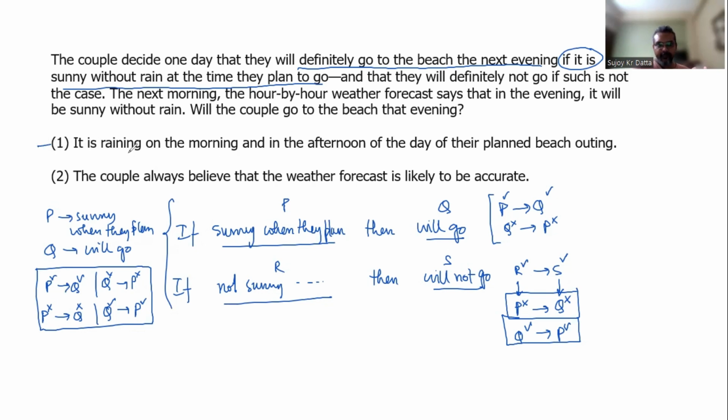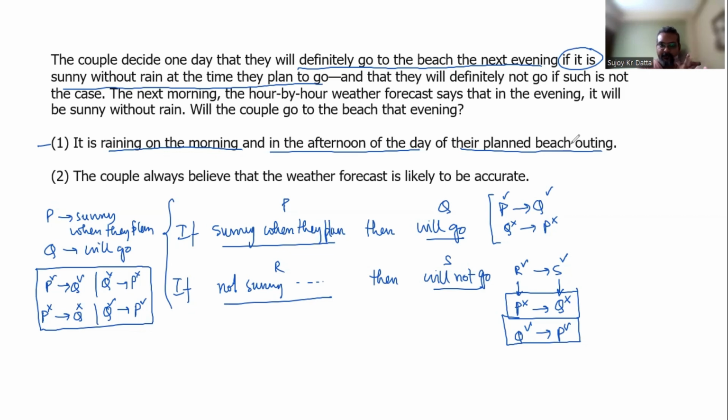Now let us look at statement 1. It is raining in the morning and in the afternoon of the day of their planned beach outing. So in the morning and in the afternoon, it was raining. Okay. But we don't know, it is highly possible that it stopped raining immediately after, and then they planned, and then they went to the beach. Because we don't know what time they planned. It is also possible that